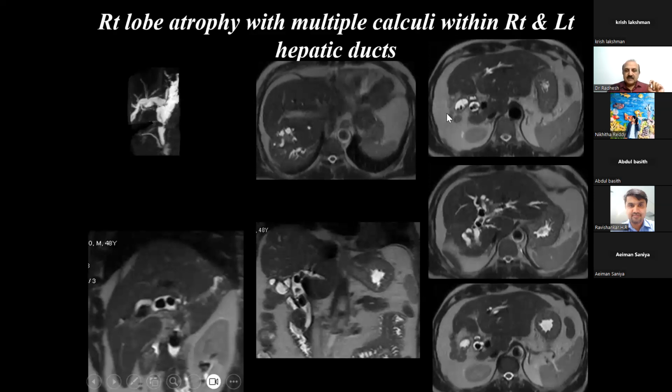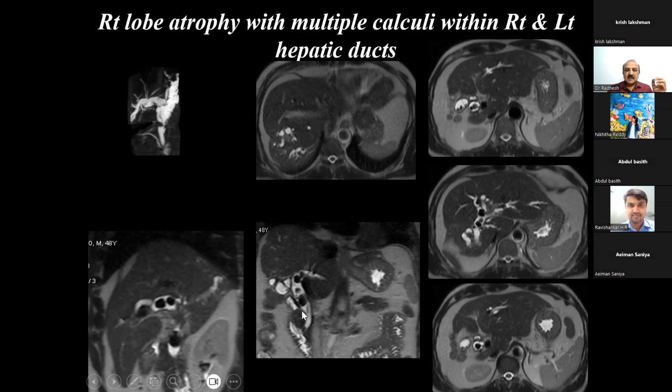Now you see so much of atrophy here. The right lobe of the liver is completely atrophied, which you again see in cases of cholangitis. You see the dilated ducts within the right lobe of liver, which is shrunken. You also see calculi within the gallbladder. You also see calculi within the hepatic ducts. So this is basically a recurrent cholangitis with atrophy of the right lobe, and you see multiple calculi within the